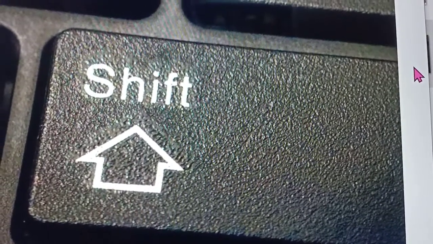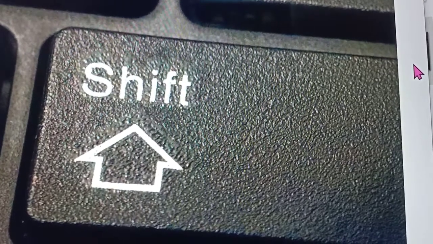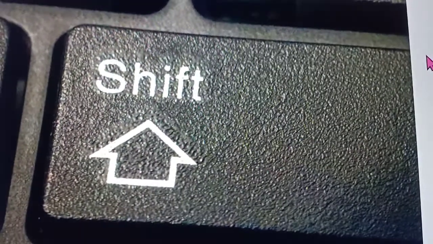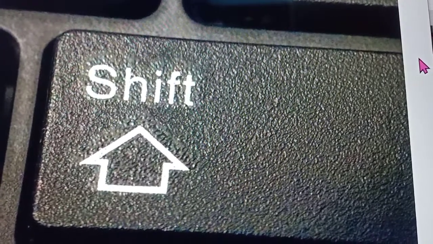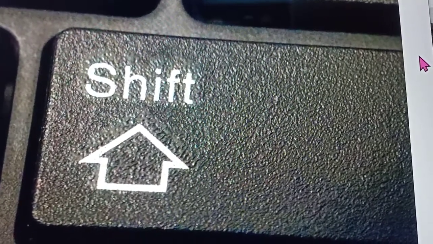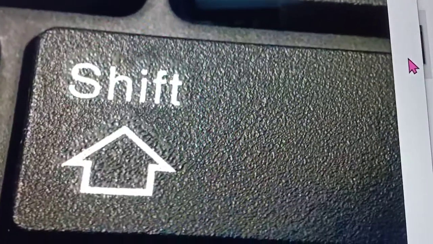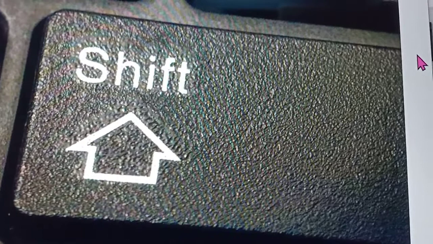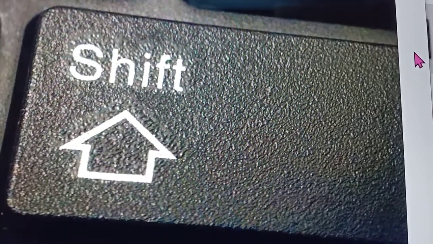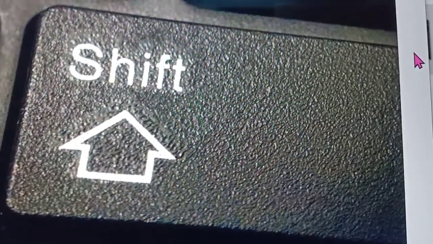Then the next one is the shift key, SHIFT, shift key. This key is not used alone. Means we can't use only this key. We use this shift key with some other key. So see,